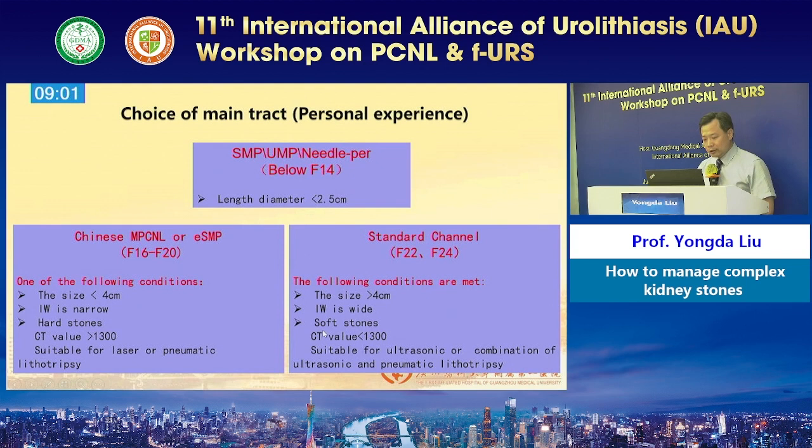In my opinion, if the stone size is larger than 4 centimeters, the width of the infundibulum is wide, and the stone is very suitable for ultrasound lithotripsy, I will select standard PCNL. But if the stone size is less than 4 centimeters, or the stone is very hard and we will use the laser, and the stone is not suitable for ultrasound lithotripsy, I will select mini PCNL. If the stone size is less than 2 to 2.5 centimeters, I will select super mini or micro perc. So this is my